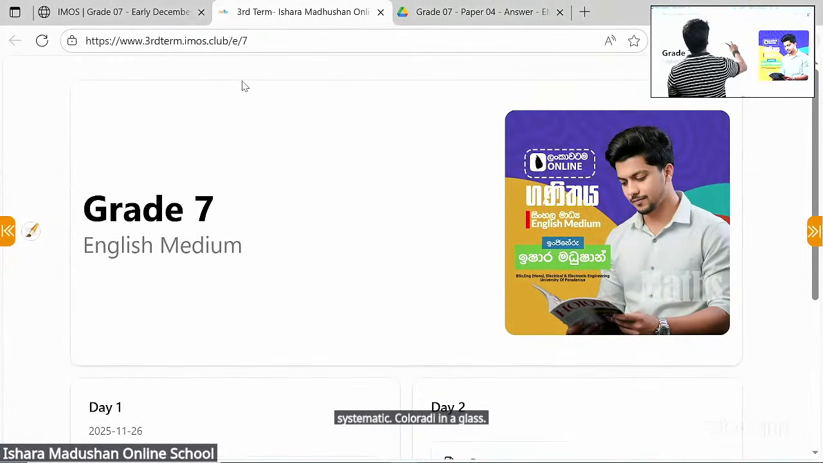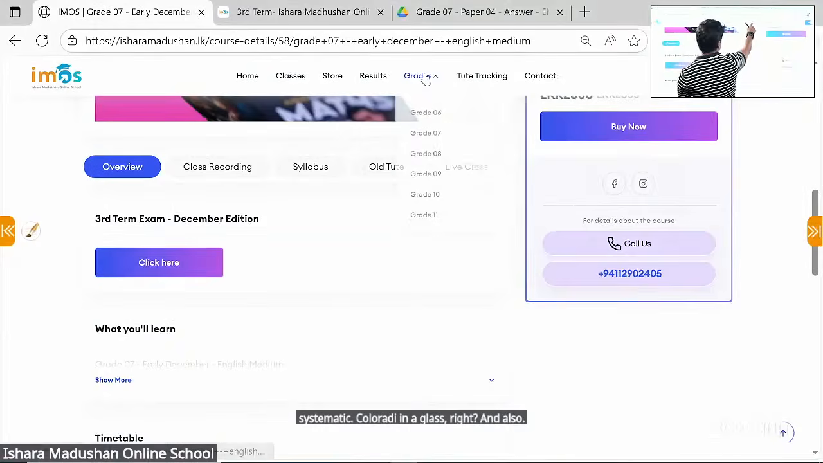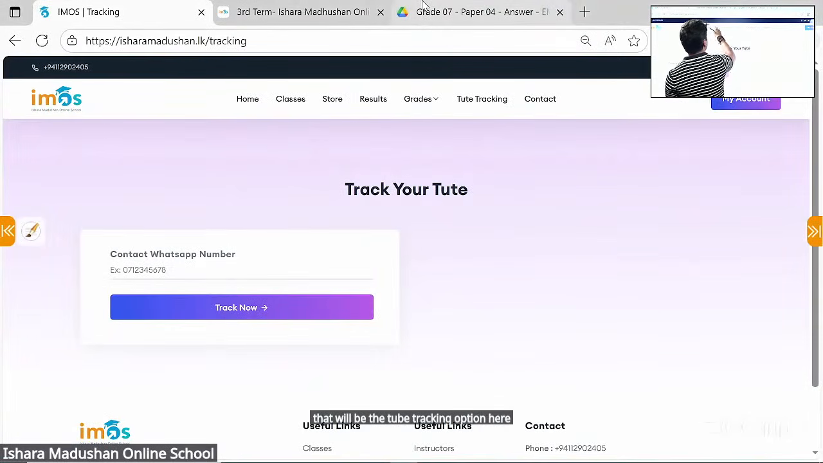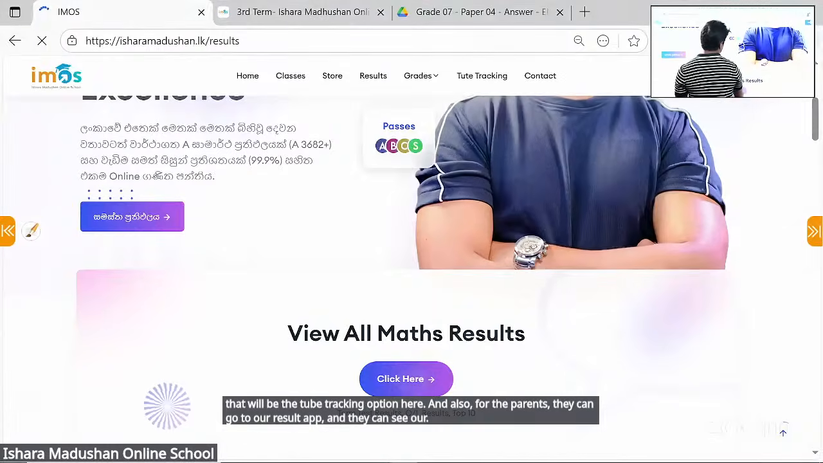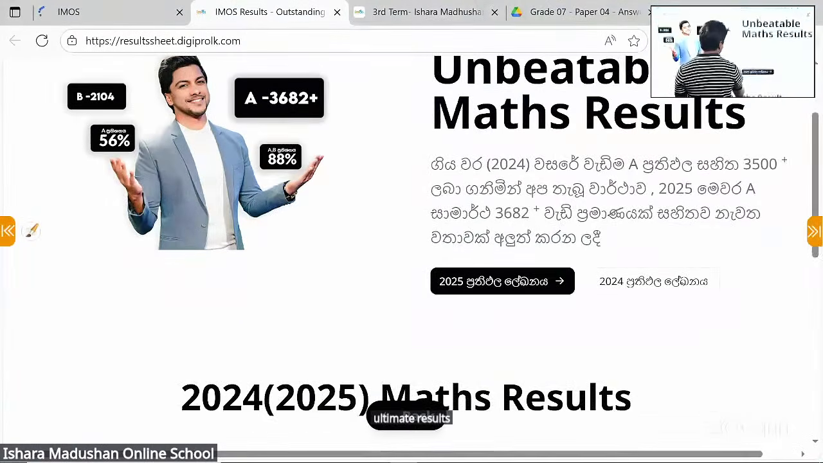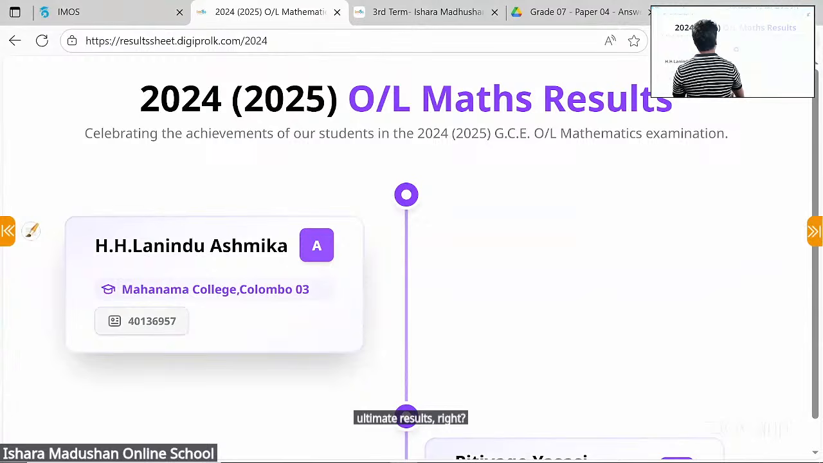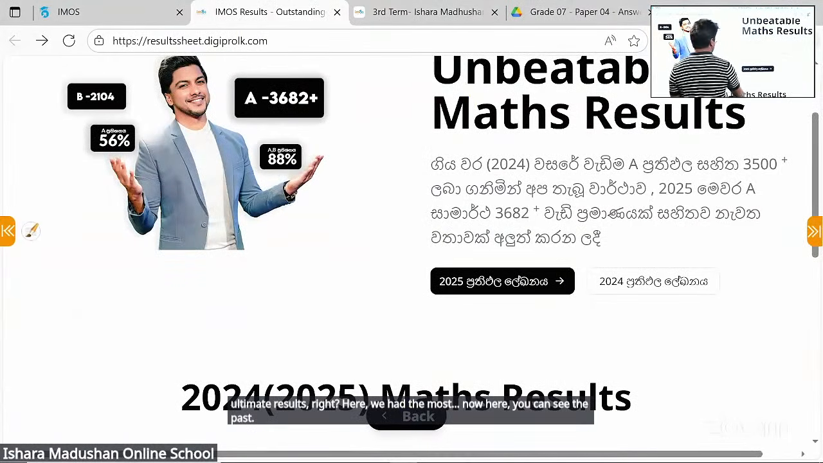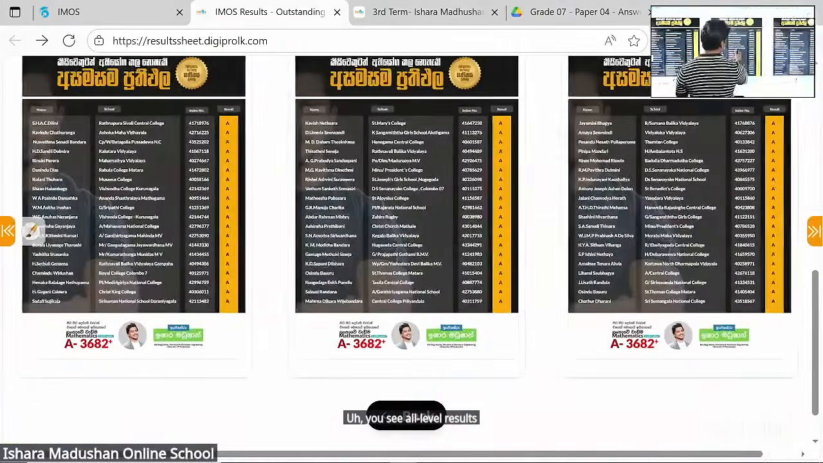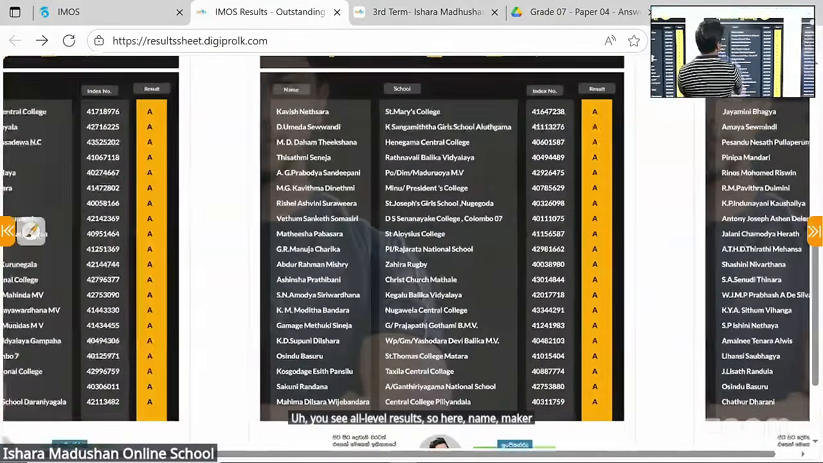Right? And also there will be the attendance tracking option here. And also for the parents, they can go to our result tab and they can see our ultimate results, right? Here we had the most, here you can see the past GCE all level results. So here name, student's, school's,